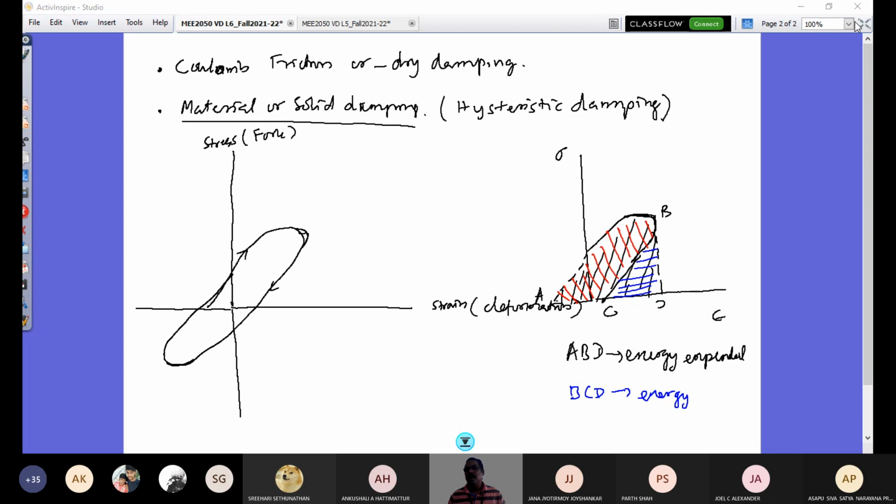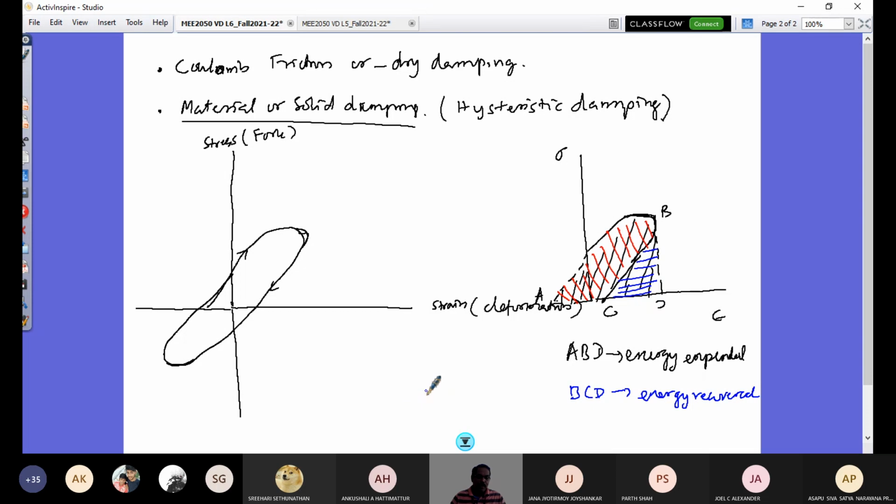Energy recovered is what is given by BCD. Energy expended is given by ABD. So this is what is energy recovered. Correct. Energy recovered. So how do you get this energy